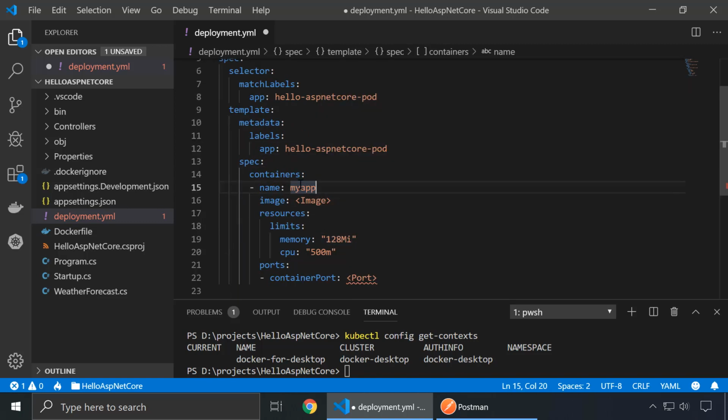Now coming down, we need to describe the container or containers that we want to include in the pod. We just have one container. We will name it here just as Hello ASP.NET Core Container. This is an identifier for this container. But now we have to specify the actual image that needs to get deployed there. So this will match exactly the image that we